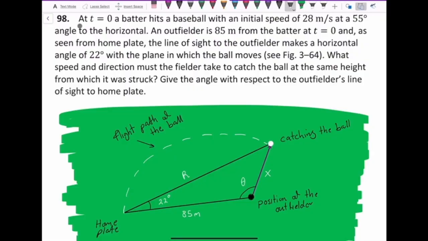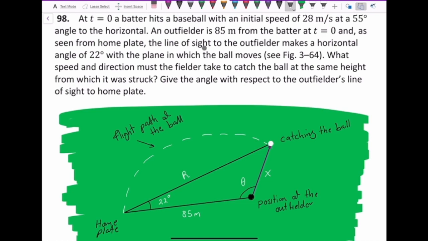This is chapter 3, problem 98. At t equals 0 seconds, a batter hits a ball with an initial speed of 28 meters per second at a 55 degrees angle to the horizontal. An outfielder is 85 meters from the batter at t equals 0 seconds, and as seen from the home plate,